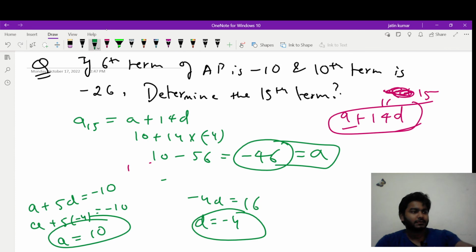So this was all. Okay, so this was the equation based question also, and now you can solve the first exercise of AP from the NCERT. You have understood the concept. Okay, and the next part I will bring in the next video. This was part 1, and you have got the basic idea of AP. Okay, so let's wait for part 2. Part 2 will come soon. So thank you so much.